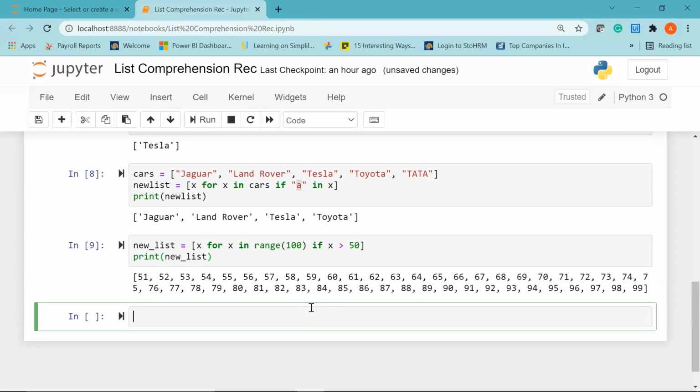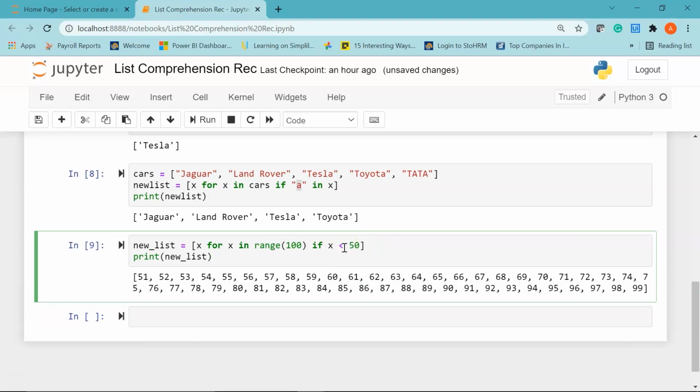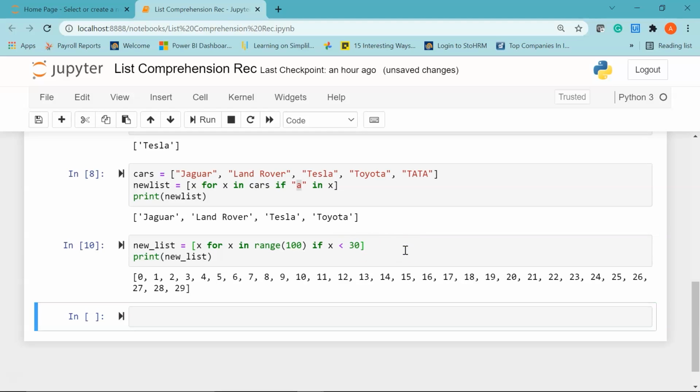If I run this, there you go. So here you can see our range is from 0 to 100, which means from 0 till 99. But we are only trying to print those integers that are greater than 50. So we have values from 51 till 99. Suppose I change this to, let's say, less than 45, or let's say less than 30. Now if I run this, you see here we have all the integers present between 0 till 30. Cool.